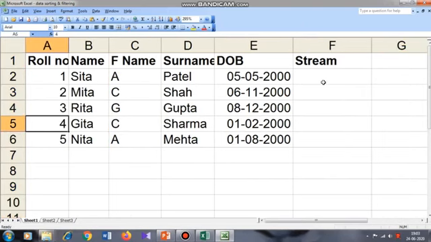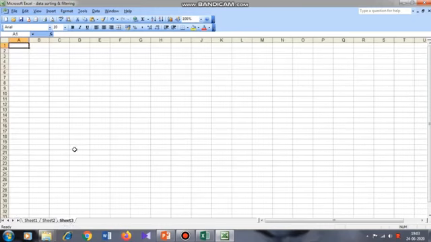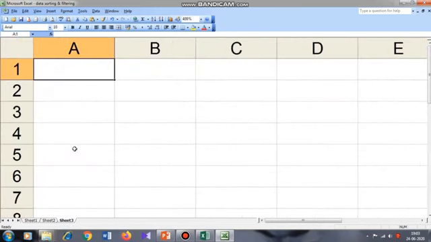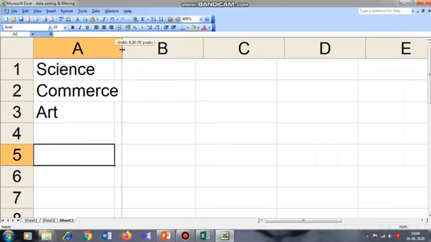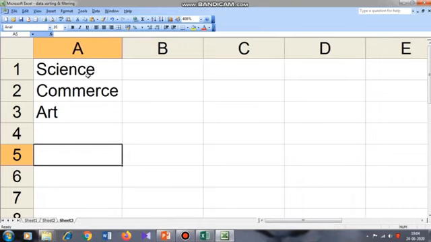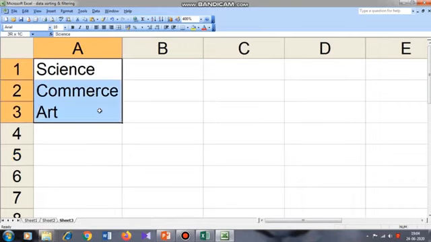Now in stream I want to access a drop down list. Which are the three streams after standard 10th? Science, commerce and arts. So you have to go to any of the sheets. I go to sheet 3, and here I type in cell A1. Remember, in cell A1 I type science, commerce and arts. Now in the previous videos I had taught you what the name box is. So I will select this thing, I will go to the name box, and here I will type the name as